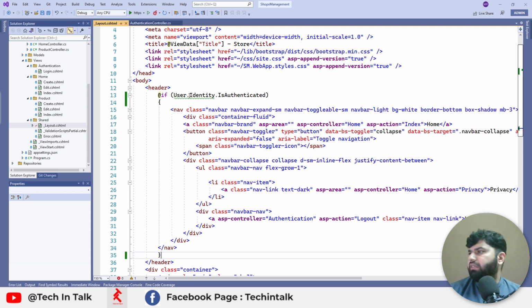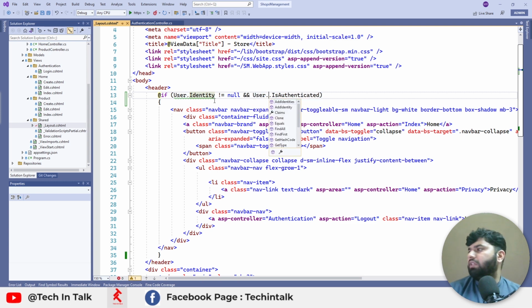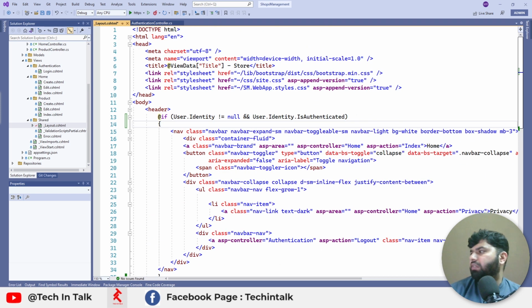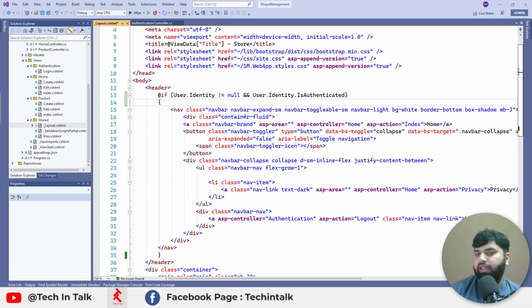But we also need to check that User.Identity should not be equal to null and User.Identity.IsAuthenticated, because identity could be null, so we are checking the identity is not null and the user is actually authenticated. So let me press Ctrl S and Ctrl F5, and if I go to the view again,